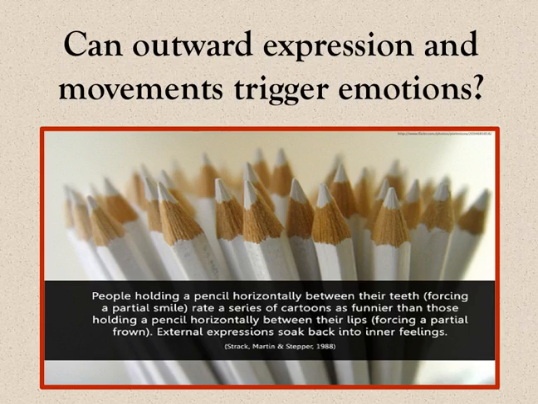So can outward expression and movement trigger emotions? Psychologist William James struggled with feelings of depression and grief. He came to know that we can control our emotions by going through the outward movements of any emotion we want to experience. So to feel cheerful, sit up cheerfully and look around cheerfully. Act as if cheerfulness were already there.